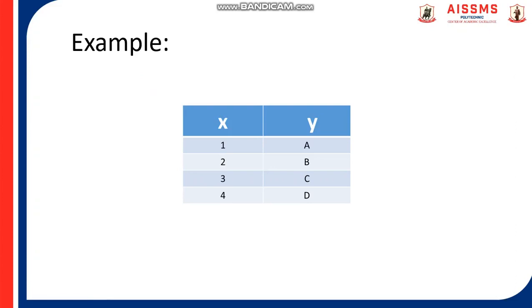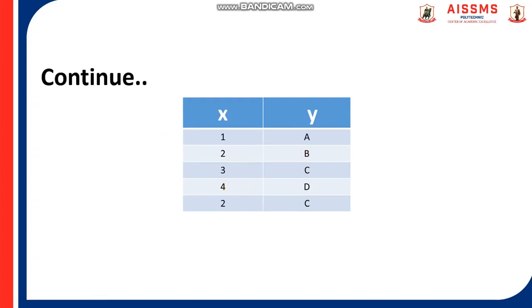Let's take the table with values. I have one table or relation which has two attributes, X and Y, and there are four rows. The values of X are 1, 2, 3, 4, and a, b, c, d are the values of Y. If I tell you the value of X is 2, now according to the X value you tell me the value of Y. Obviously, you can easily search the value for 2, that is b, from this table by referring to the X value. This searching is on the basis of some rules. And what are those rules?